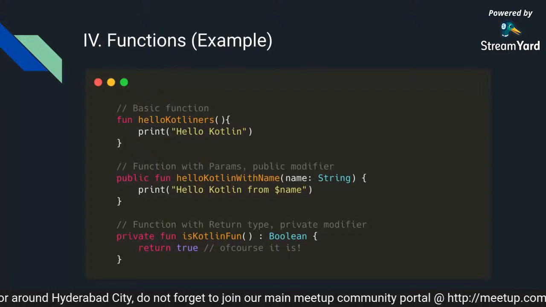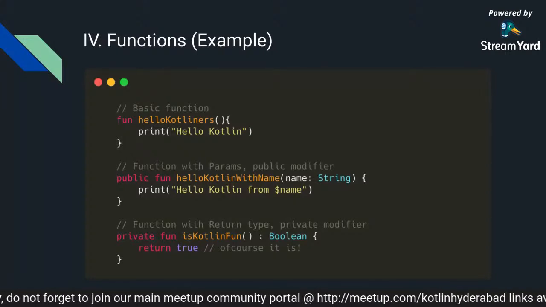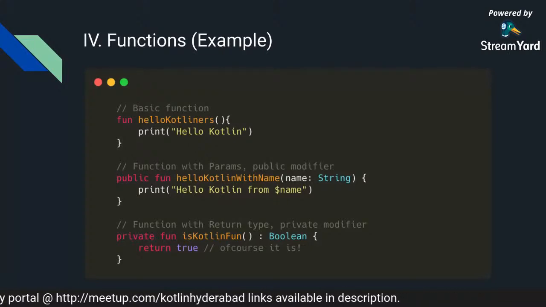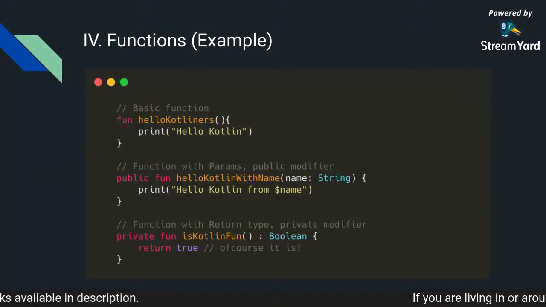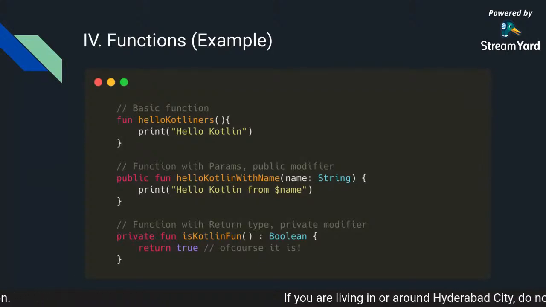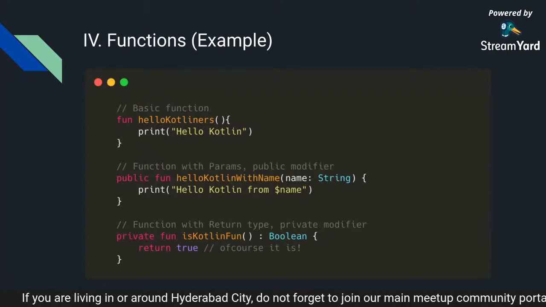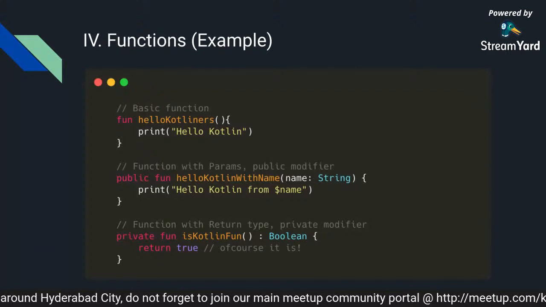So this function is taking in a parameter, and then it's printing that name out. Notice how the string is printed. I have put a $ dot name. So in Kotlin, you don't have to do all kinds of string building and all of that. Kotlin itself offers string interpolation.